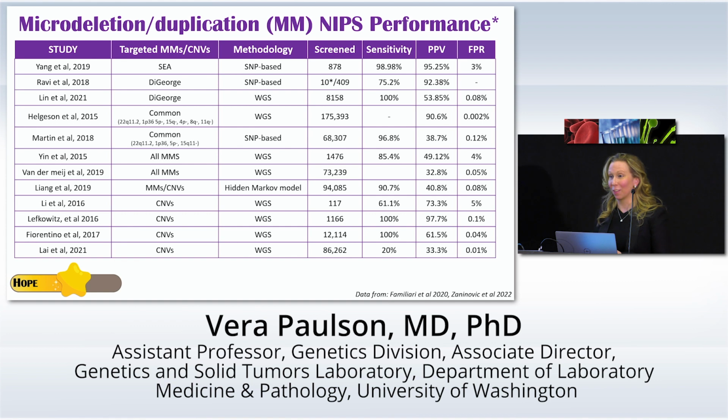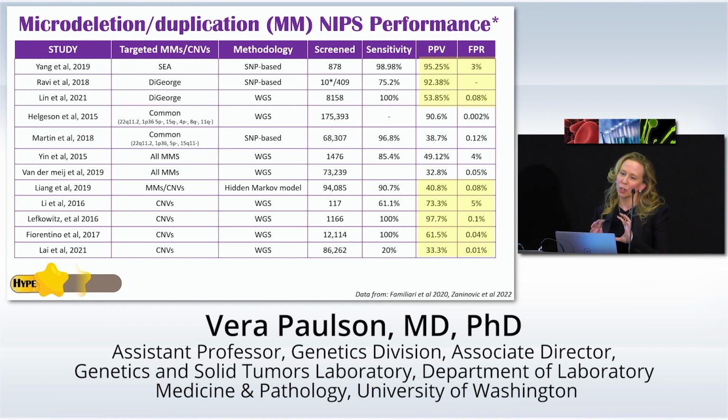My former PI would have my head for this slide. There is too much text, too many numbers, but really I'm trying to make a point here, which is that the sensitivity and positive predictive value of these screens can vary wildly. And the same is true of the specificity and false positive rates. Really what you have to think about is how rare these are in the population, and that when you have a sensitivity of 75%, it may be a matter of just having missed 2 cases in your entire population of 100,000 women. It can be a bit dependent on the methods that you're doing.